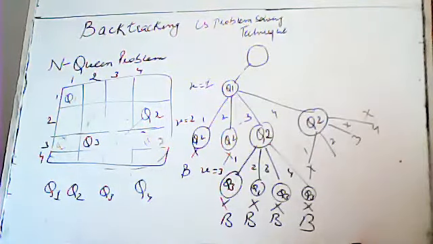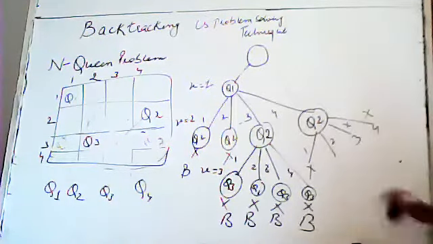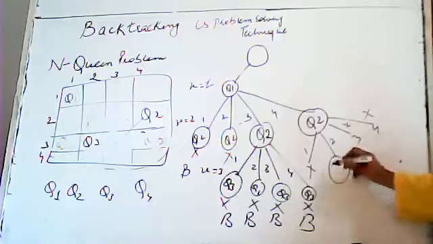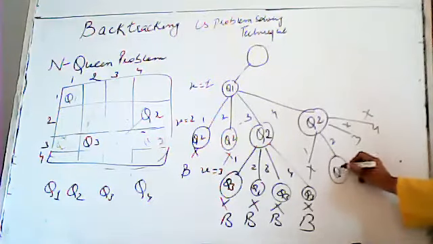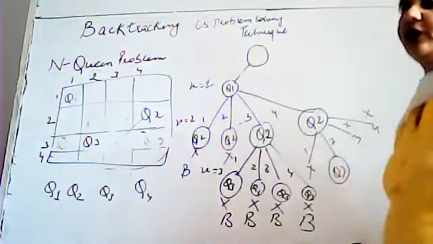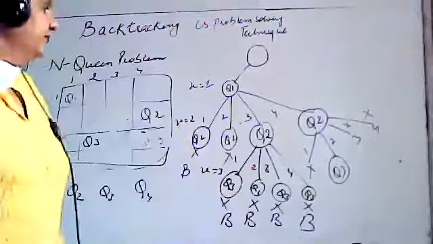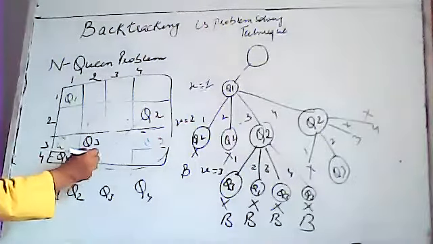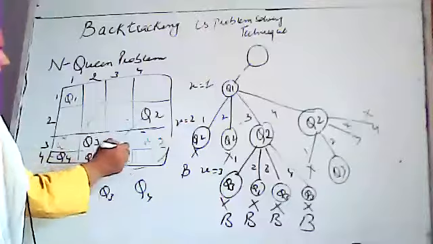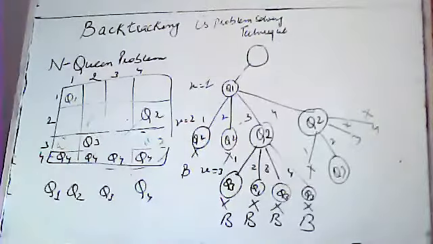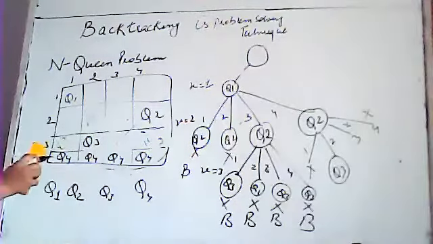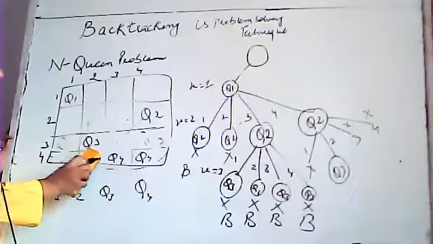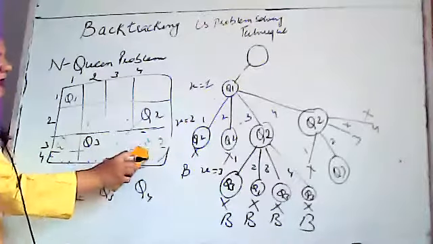Now where to put Q4? अब क्वीन 4 की बारी आ गई है ना, कहाँ डालें हम क्वीन 4 को बताइए? Can we put Q4 anywhere? No, ma'am. क्योंकि यहाँ डालेंगे तो it will be in the same column, again same column. Here it will be attacked diagonally, again here it will become same column. Now what we have to do? Tell me what we have to do.